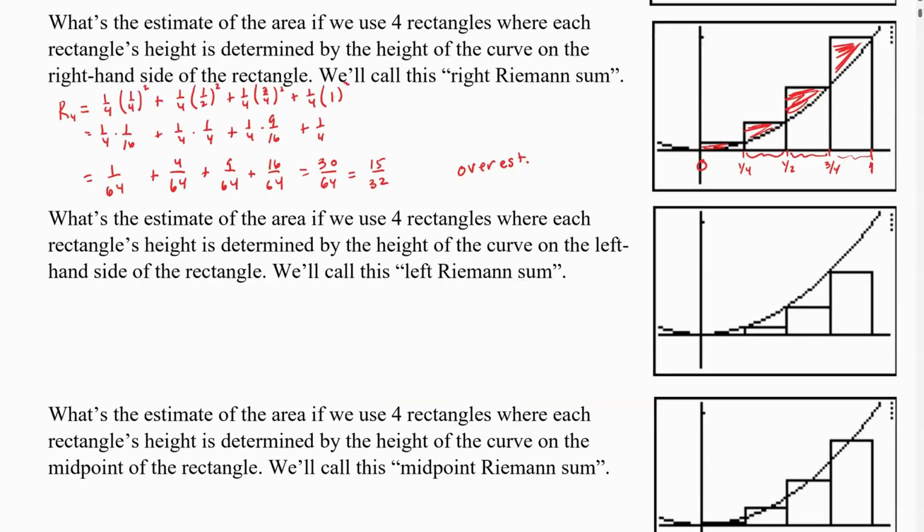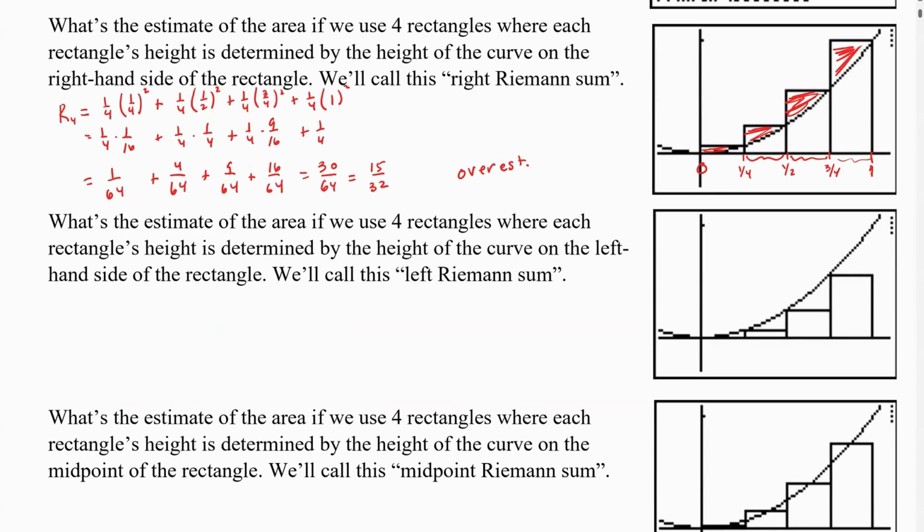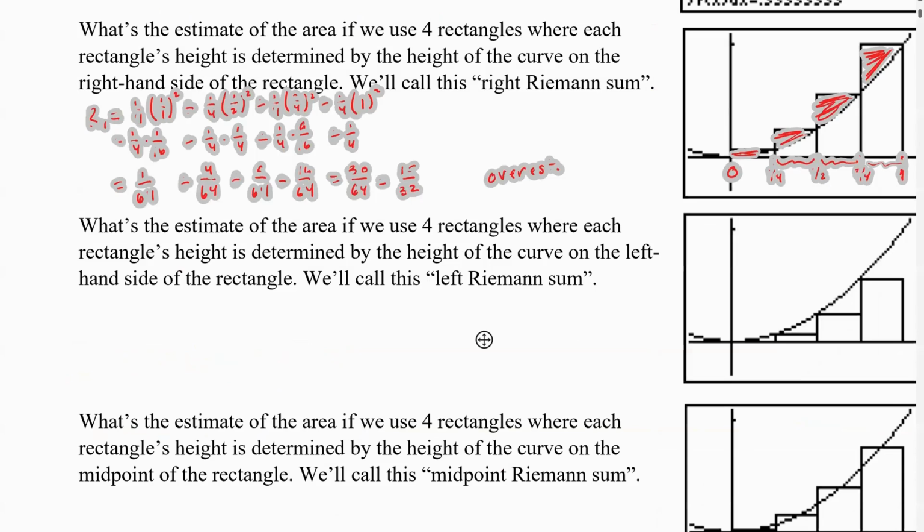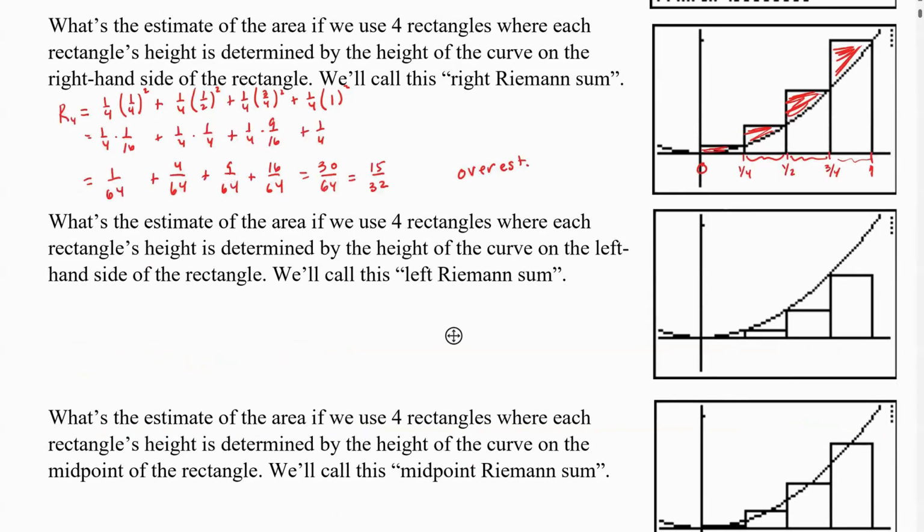All right. Let's take a look at the left-hand estimate. Again, we're going to break this down into a bunch of rectangles. This first rectangle is going to be really weird, because we're going to use the left-hand side to determine the height of the rectangle. The first rectangle is 1/4 wide. I want to look at the left-hand edge. How far off the x-axis am I there? 0. So I've got 0 squared. My second rectangle, remember this is 1/4, this is 1/2. It's 1/4 wide,